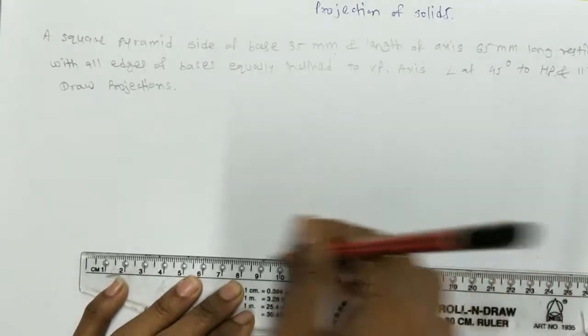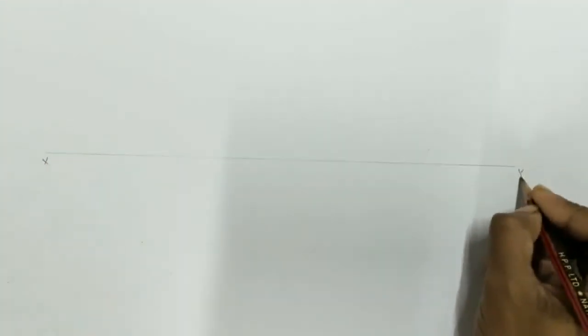XY. And this is X and Y. So XY line. Then it is given that the axis of the square pyramid is inclined at 45 degrees to HP and parallel to VP. So we will assume that it is perpendicular to HP and sides equally inclined to VP. So as the angle of 45 degrees to HP is given, we will draw the square pyramid in HP, that is the horizontal